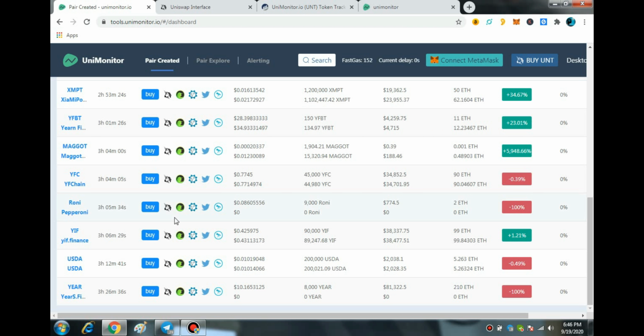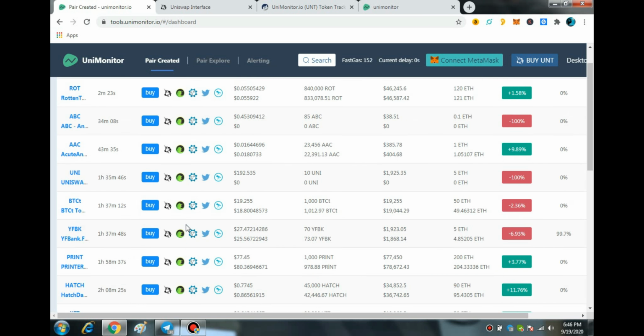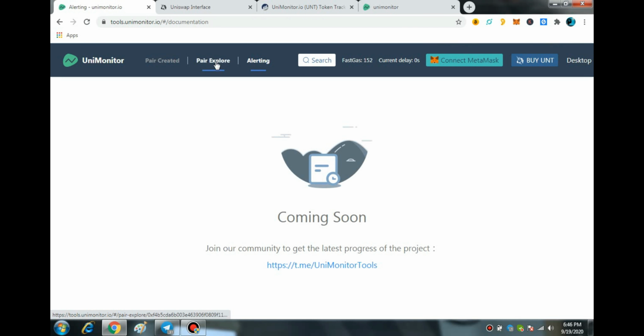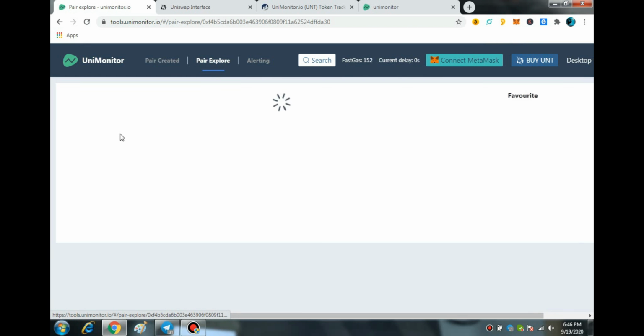Basically I bought some coins from the Uniswap exchange, and after some time the team ran away with my funds. So if you utilize UNT and Unimonitor, you will definitely understand all the things about the new tokens which are going to list on the Uniswap exchange, and you will purchase the best tokens which will give you some good profit.